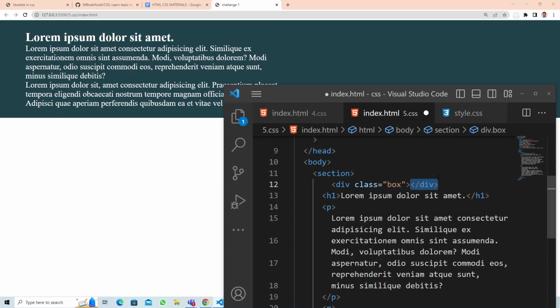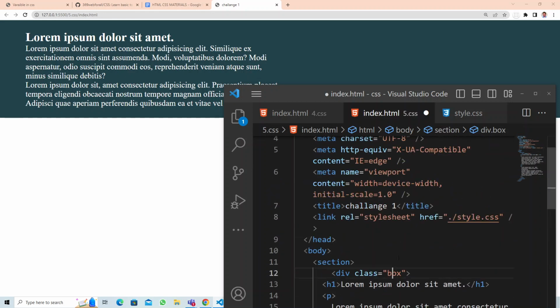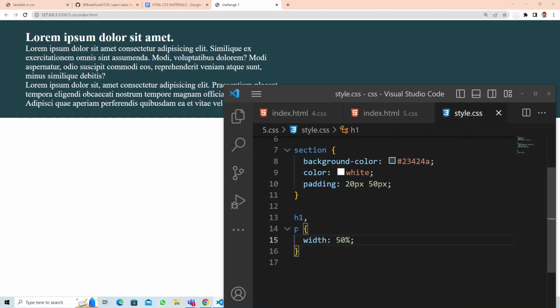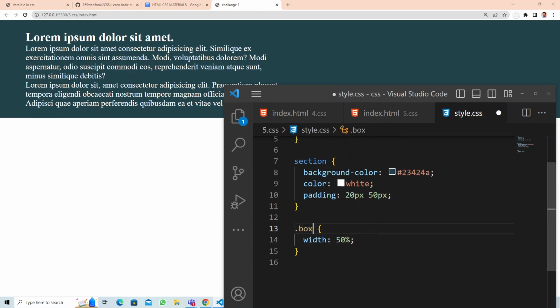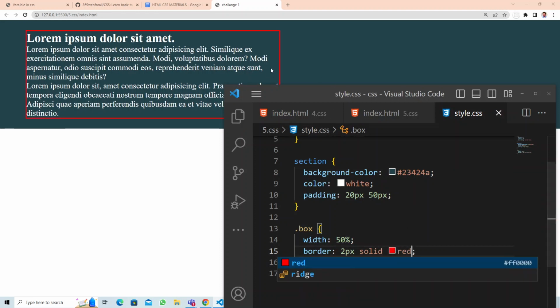Okay, and wrap everything inside the box. Now you're gonna select this box here, select that box, dot box, right, and save. Exactly. See, if I give a border now, right, border 2 pixels, solid red, see that, that's the 50% size